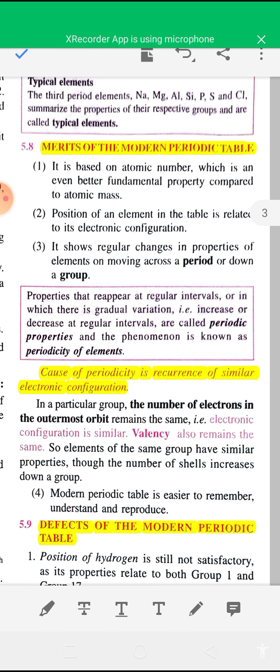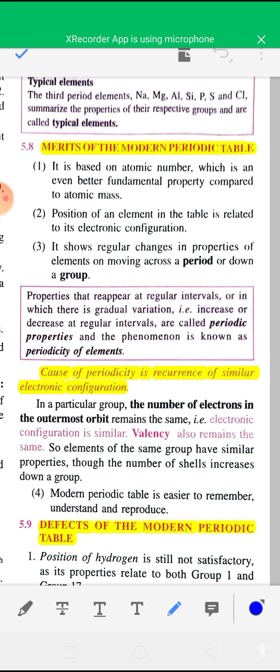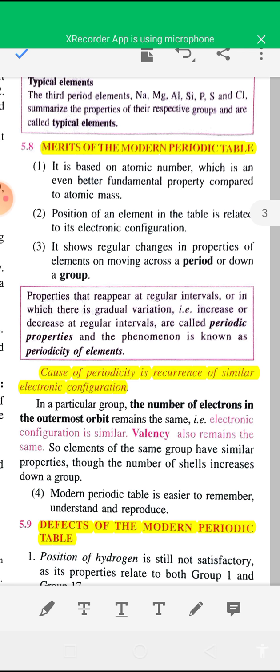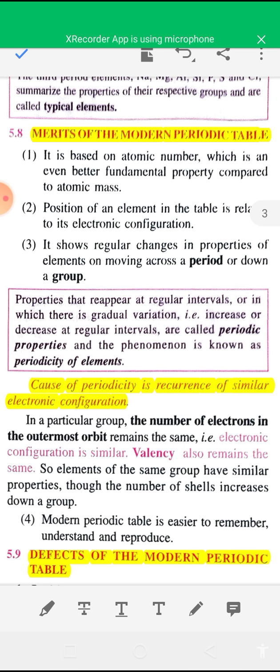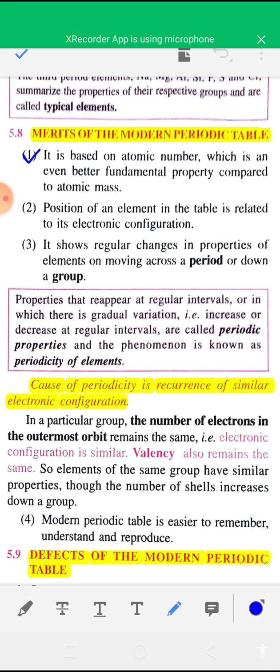Merits of modern periodic table. I have told that the modern periodic table is based on atomic number. The basis of the modern periodic table is atomic number. Okay, so the merit of the modern periodic table: it is based on atomic number, which is a better fundamental property compared to atomic mass. And second